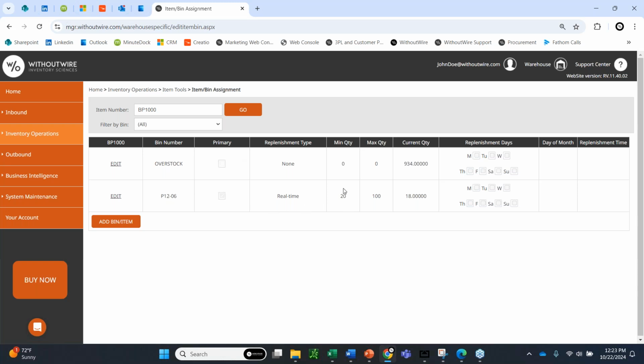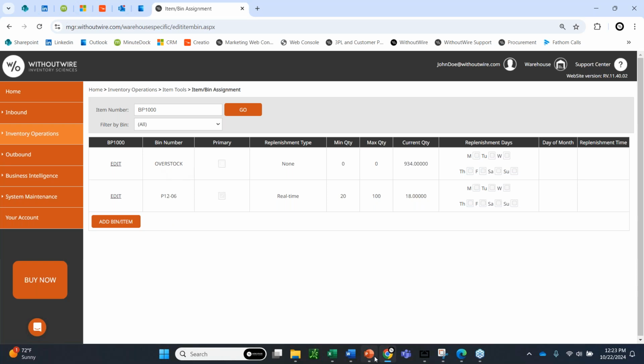I have a min of 20 and a max of 100 that I can fit within this bin. You can see my current quantity is 18, so I would expect an automated task to be created and pushed out to my user base to complete and top this product off at 100 in this location,